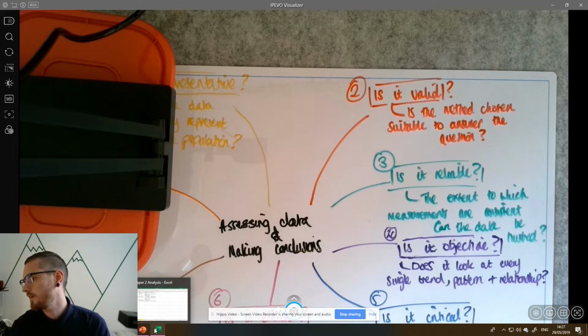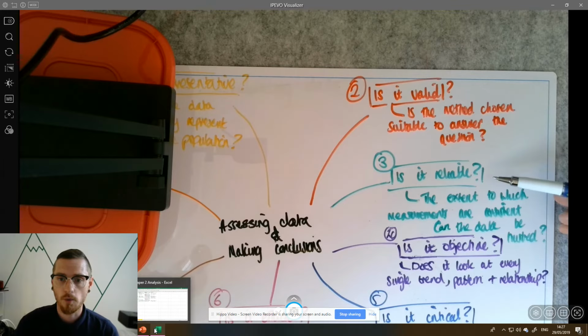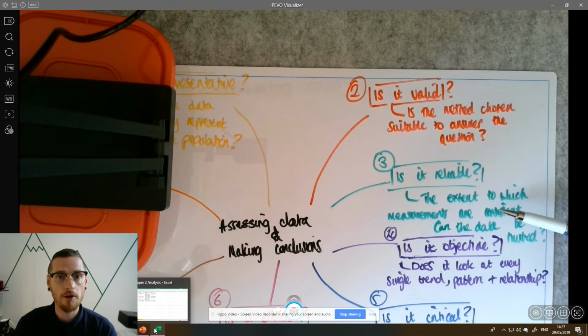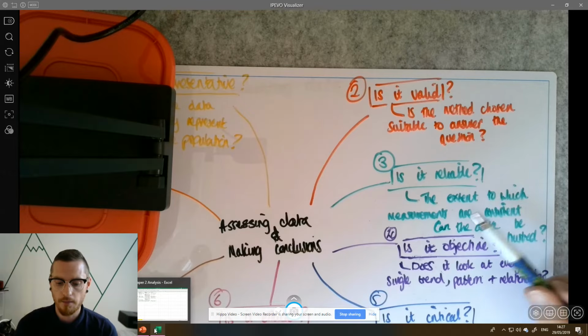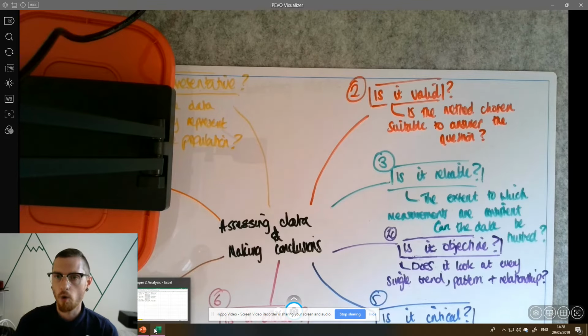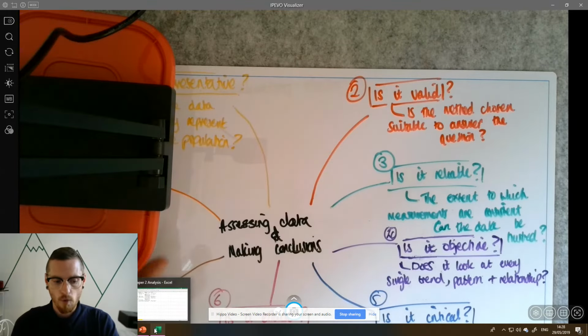Oh, sorry about that. So think to yourself, are the results reliable? Would you expect from the data you collected, or the data in the unfamiliar fieldwork, that the measurements you're being shown, the data that they've collected, is actually consistent and can be trusted? You're going to be able to trust it more if the results over time, or the more results you collect, end up consistently giving you the same results. Next one, number 4,